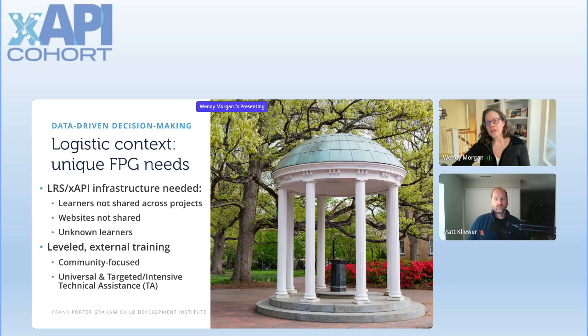So almost every funding proposal requires some level of universal technical assistance or TA, and that means that it's accessible to everyone. So everyone can get it. So that's everything on the website. So there might be job aids, self-paced e-learning, something that is just public facing, anyone can come and get it. And then there's targeted and intensive TA, which is more like low and high touch coaching support.